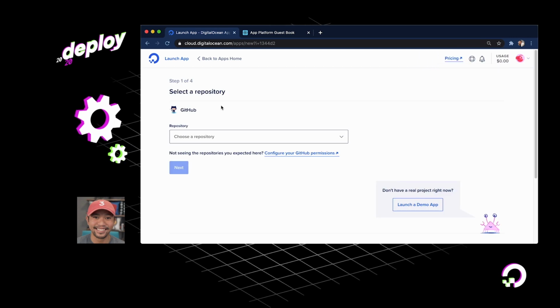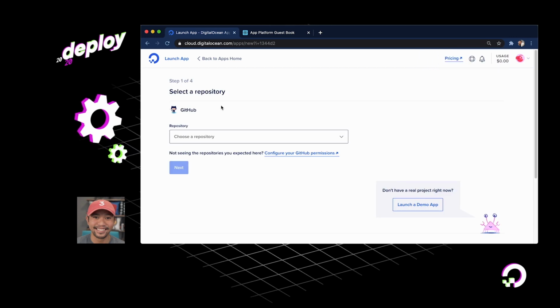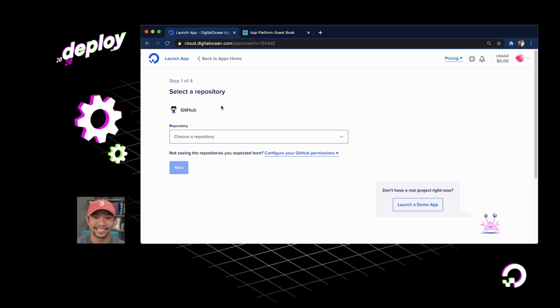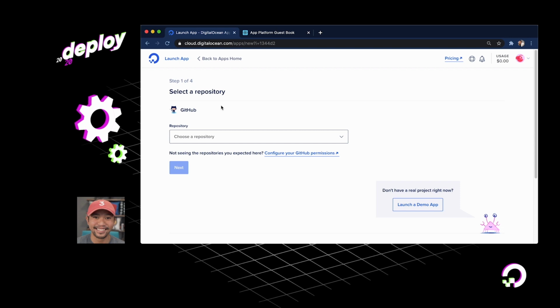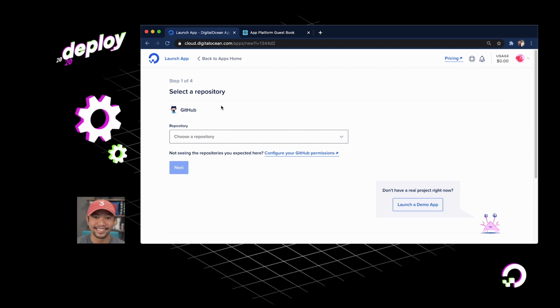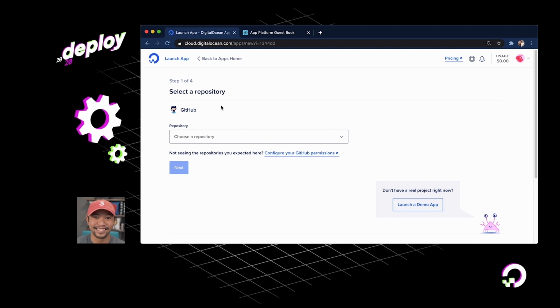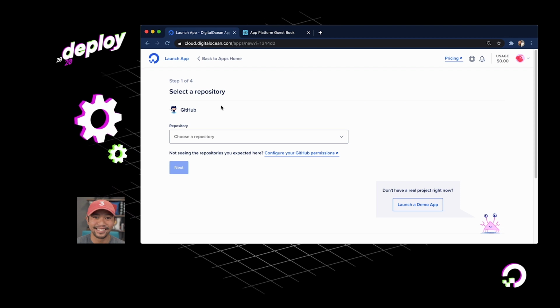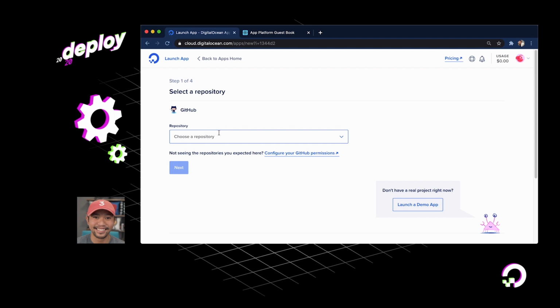We'll select a repo, and this is amazing because if you were deploying a GitHub repo to DigitalOcean before, you would create your droplet, you would SSH in, create some new SSH keys for GitHub, and then do the clone. And then you would have to do some kind of fancy footwork to go grab data on every push to the repo. So here, I'm just going to say guestbook.